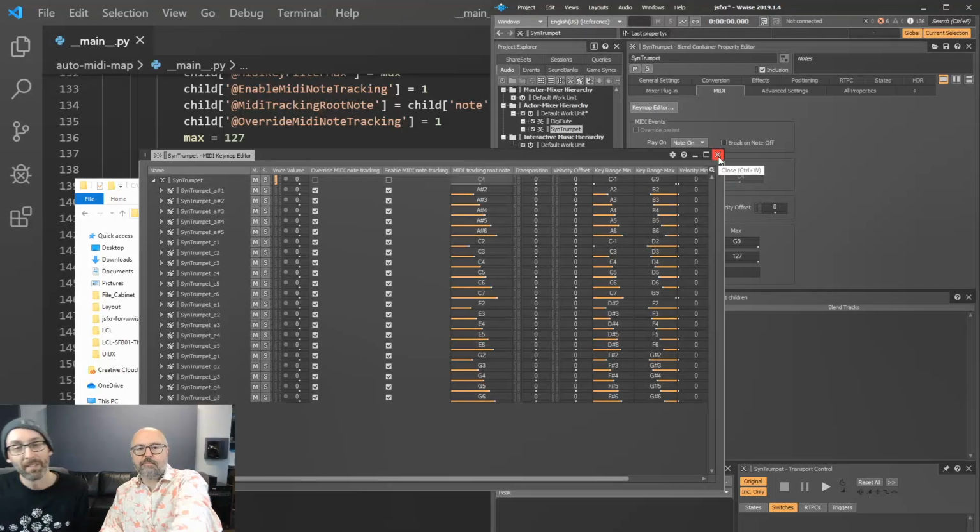Okay, and if we had missing notes in there, let's say this C section was gone, it still would have mapped based on name. Yeah, the template system tries to find the best match between the source template object and the new one. Great, and when it does find the best, it applies, in this case, the key mappings that have been set for it. Yeah. Great. Well, that was easier.